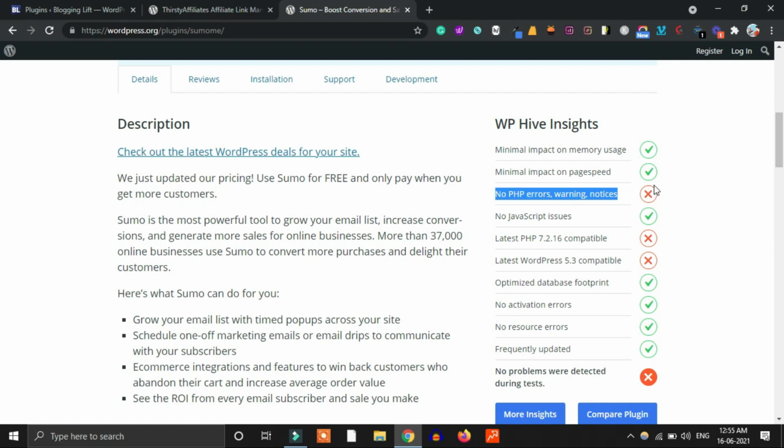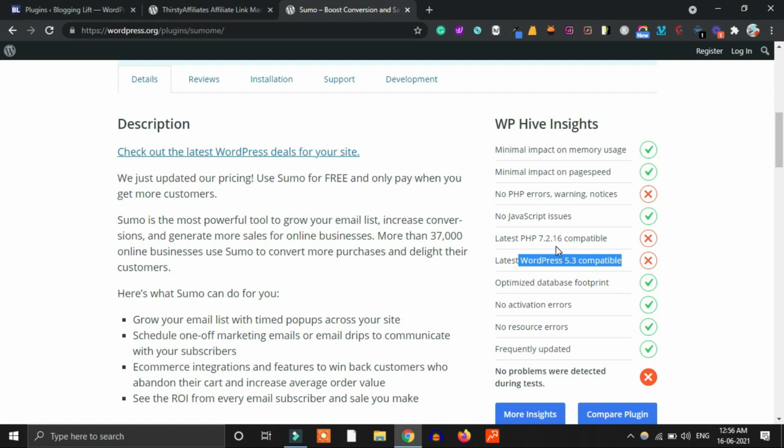So it is a cross here. It means that there is some problem, and it is not compatible with the latest PHP version or with WordPress 5.3. In this way you can check if there is any problem in a particular plugin before installing it on your WordPress.